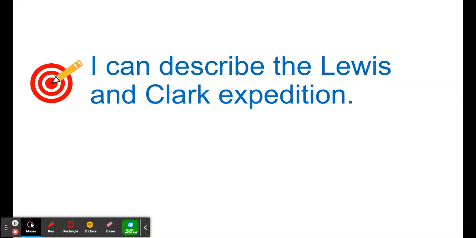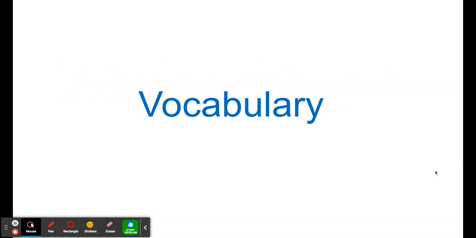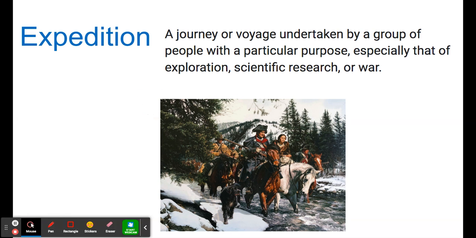Hey, fourth graders. Today we're going to continue to learn about the Lewis and Clark expedition, and our learning target is I can describe the Lewis and Clark expedition. Some of the vocabulary words that we will need to know are my turn, your turn,